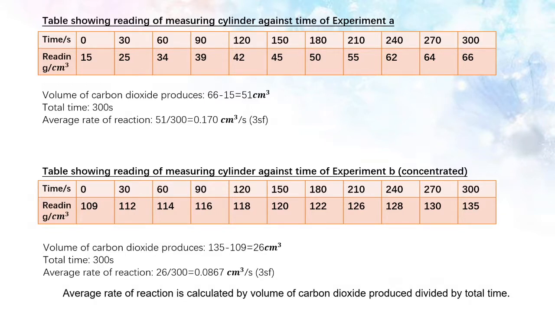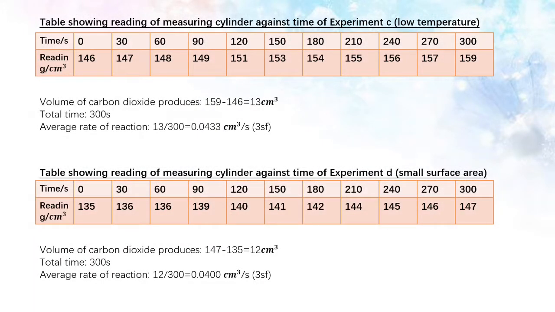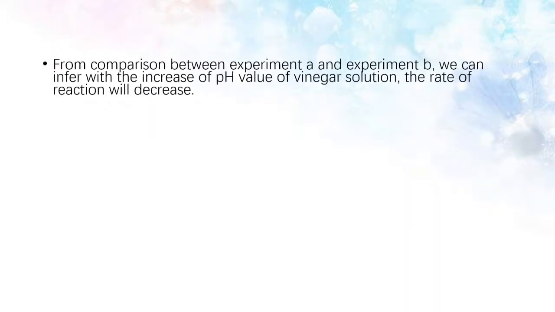Average rate of reaction is calculated by volume of carbon dioxide produced divided by total time. For experiment A, the average rate of reaction is 0.170 cm3 per second. For experiment B, it is 0.0867 cm3 per second. For experiment C, it is 0.0433 cm3 per second, and for experiment D, it is 0.0400